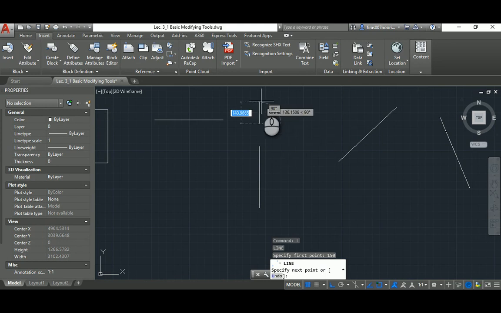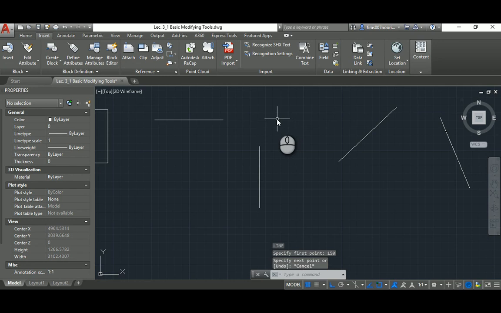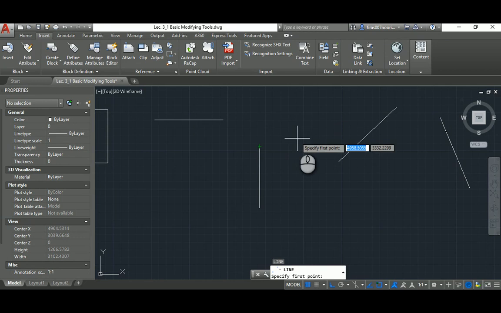See, so this point that I created is 150 on the extension of that line. Another use of the extension is again to hover above that line without touching it, without clicking it, move your hand away and then do the same, hover above the end of that line and then move your hand. You see the ticks. Now I can draw at this point, or I can draw at this point, which is